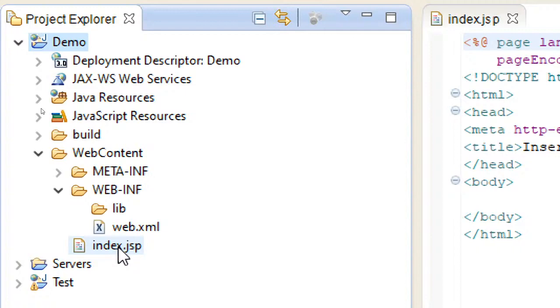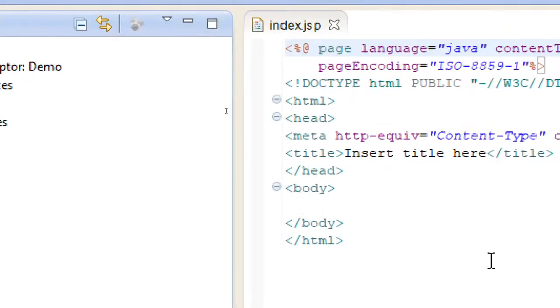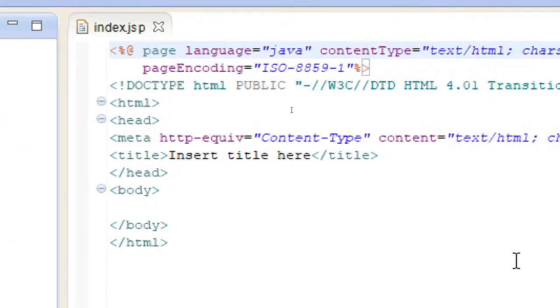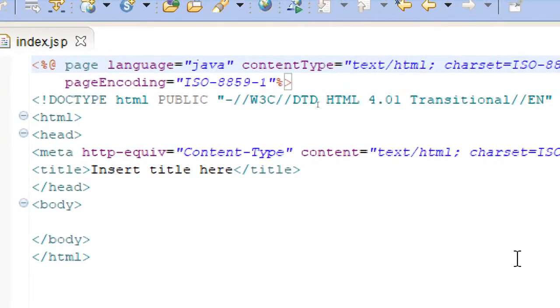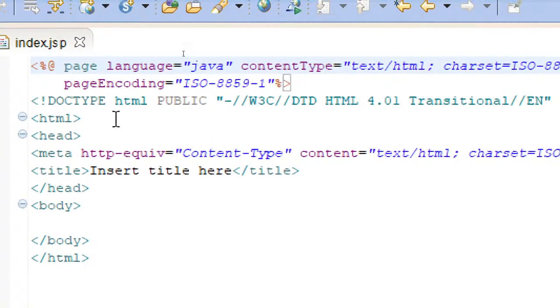This I have shown you in my project also. So this is how it will be done, and by default all this information it automatically generates. That's the best advantage with IDEs. And here you can see it is giving the complete header information. You don't need to write or type any header information. By default the header information is included here, and it is saying you can insert your title here.